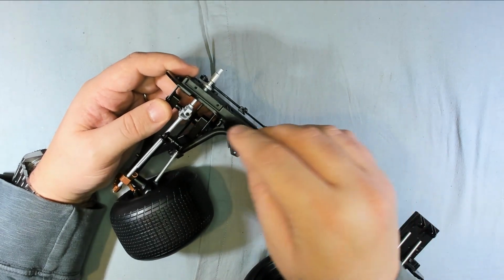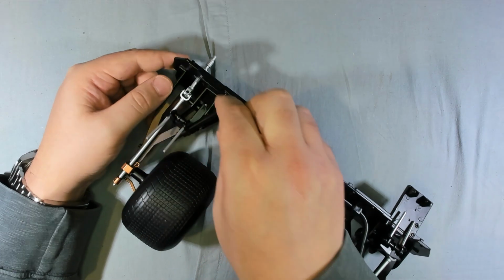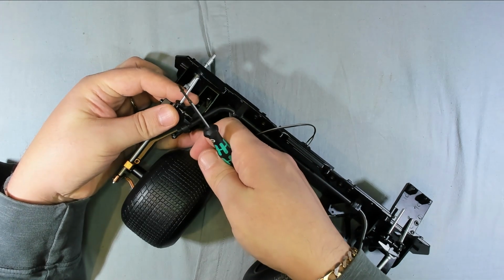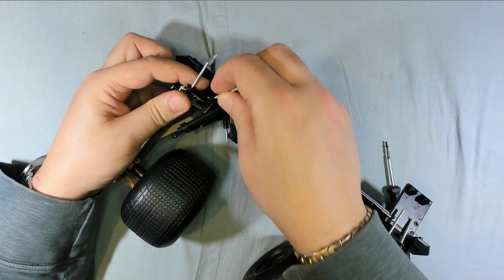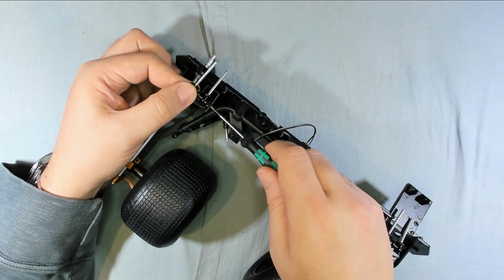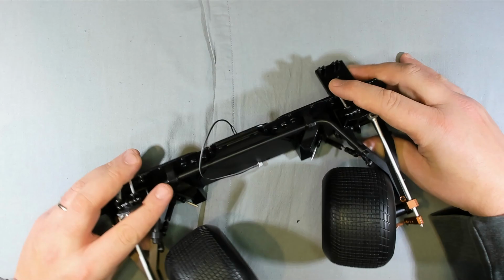So again, with this slots in place, hopefully you've seen that, it just slots around this just like that. And now we need to screw this. Our shock has dropped, so put our shock back where it was, and a BM screw just in this arm going into our shock. So that's all nice and tight there. Now carefully, without breaking anything,